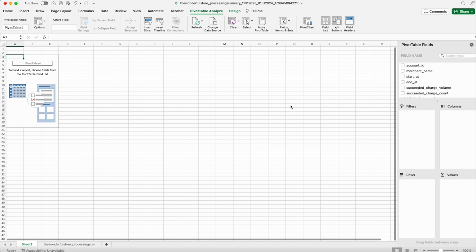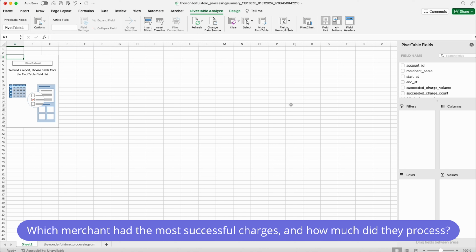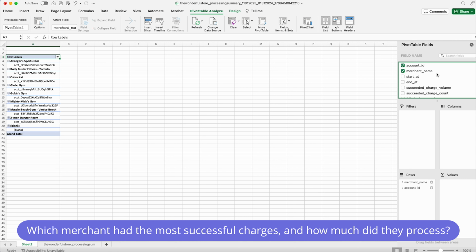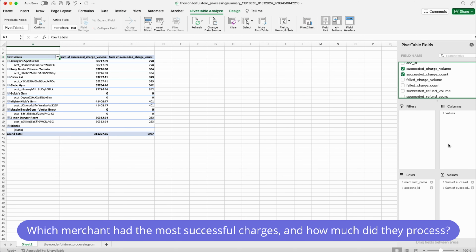In this example, we want to see which of our merchants had the most successful charges and the amount they successfully charged. To do this, we'll drag merchant name into our rows, and if you'd like to see the account ID with it, we can drag account ID into the rows also. Now, all we have to do is drag the items we'd like to compare into the values section. In this case, it'd be successful charge count and successful charge volume. Now, you're able to quickly and easily compare which merchants had the most successful charges. This is just one example of how to use pivot tables to better organize your data,